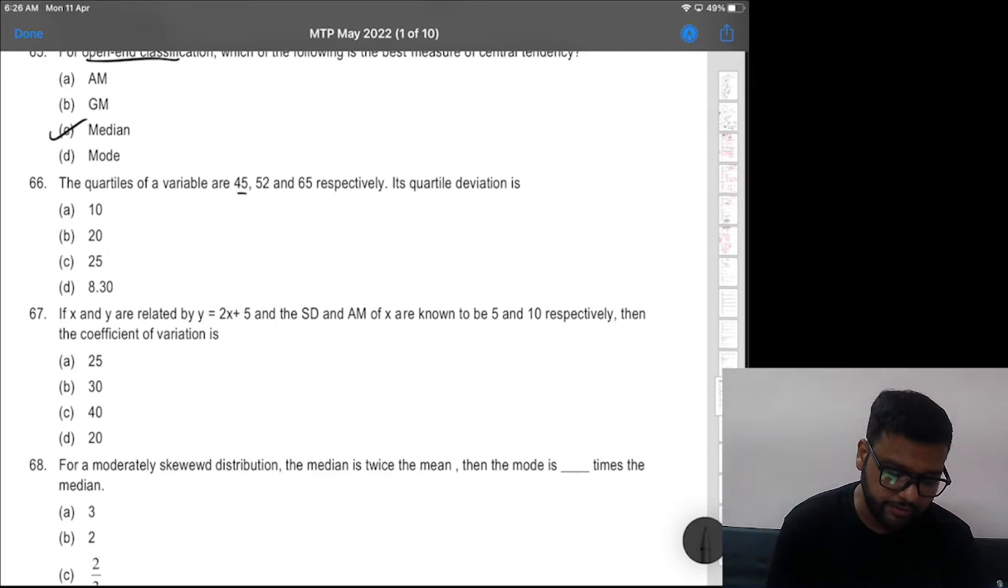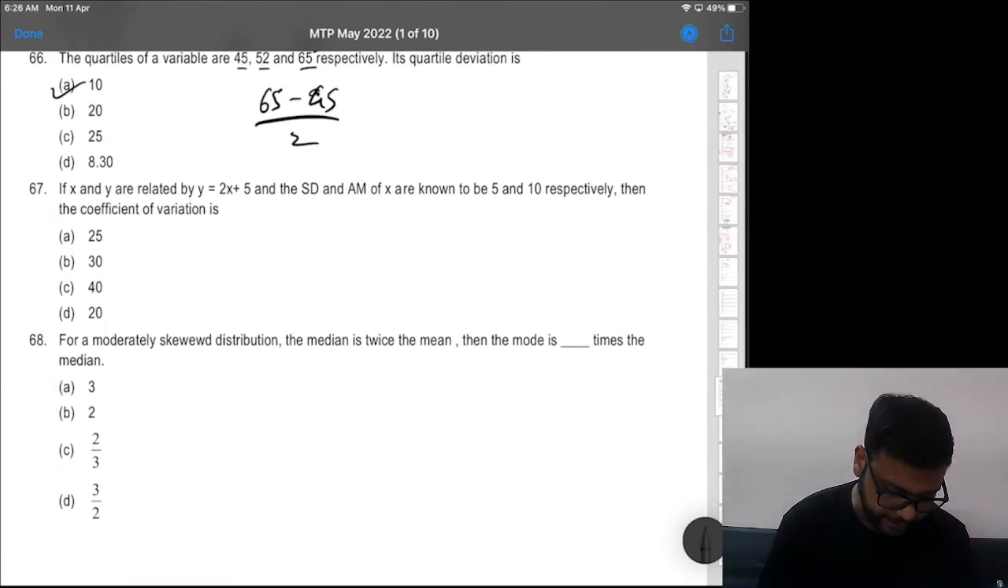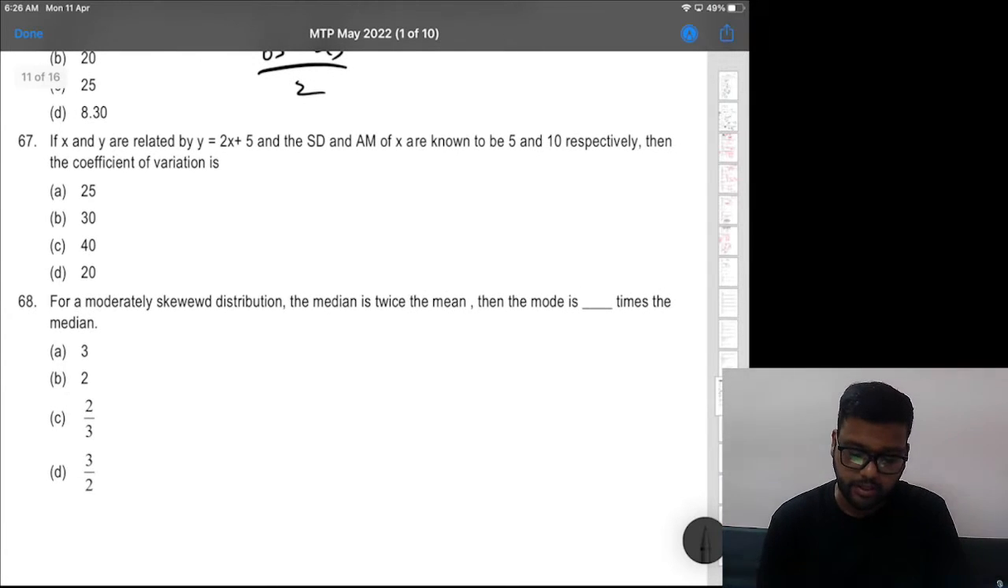Quartiles are 45, 52 and 65 respectively. What is quartile deviation? So this must be Q3, this must be Q1. So Q3 minus Q1 upon 2. So 20 by 2, 10 is the quartile deviation. Option A. Next, if x and y are related by y is equal to 2x plus 5 and SD and